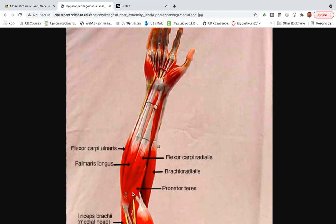Now, there are four muscles that are important to know that have an origin on that medial epicondyle. Okay, and we're going to look at them from lateral to medial. So the most lateral is the Pronator Teres. Then we move medial to it, Flexor Carpi Radialis. Anything on the anterior forearm is going to flex the wrist. So when we talk about wrist flexion, the wrist is carpi. So it's flexor. If we look at it, it's going to go right here. Looks like it's crossing the wrist, flexor carpi, and it's on the thumb side, which is the radial side,